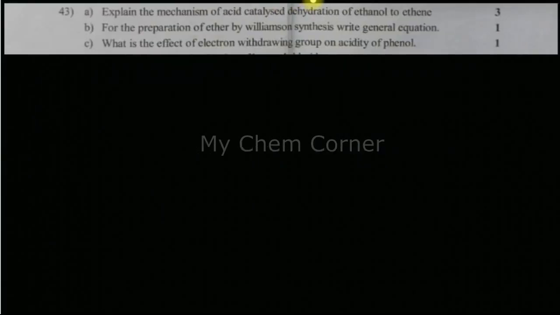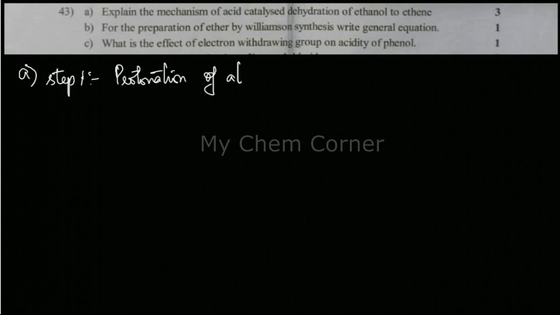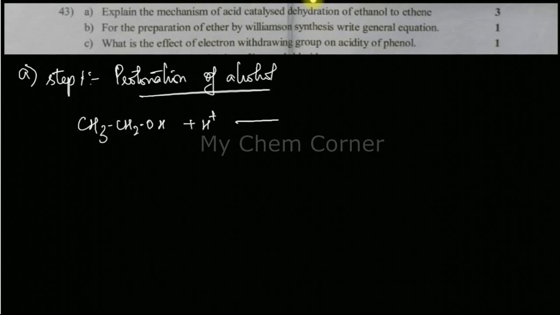Alright, now next question is on alcohols, phenols, ether. 43rd question. A part says explain the mechanism of acid catalyzed dehydration of ethanol to ethene. So here also you have step 1, which is protonation of alcohol. Alright, so here you take your alcohol, which is ethanol given to you in the question. So I have ethanol here. That is going to react with acid. So what happens is the lone pairs on oxygen is going to pick up hydrogen, H plus, to form OH2